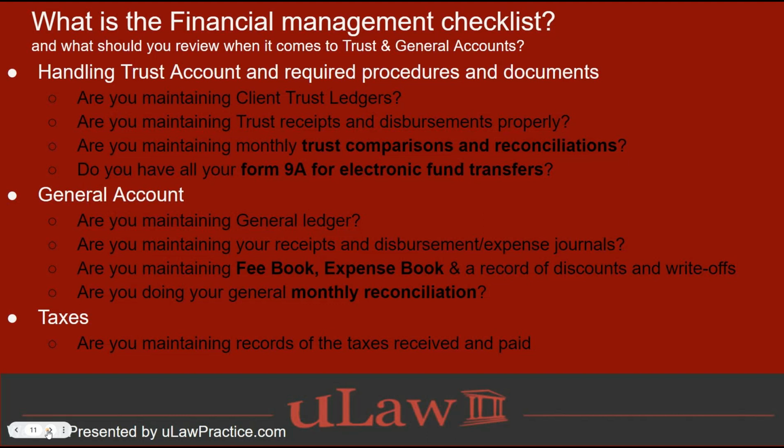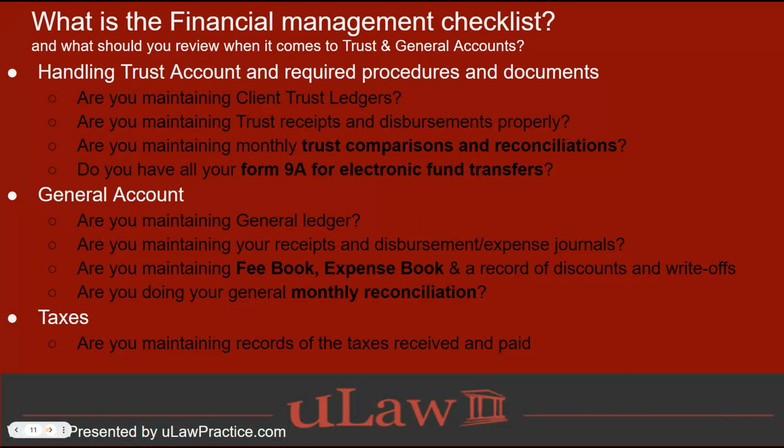You have your trust reconciliation report. And then you have your general reconciliation report. You have about 6 or 7 documents, and then you have your fee book and your expense books. About 8 reports thus far, give or take. Then there may be certain jurisdictional documents, as I mentioned before, such as the Form 9A. So, again, this is the rule of engagement. They're not asking for anything random out of this.